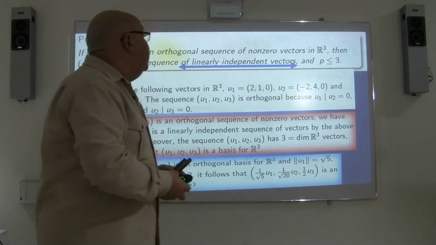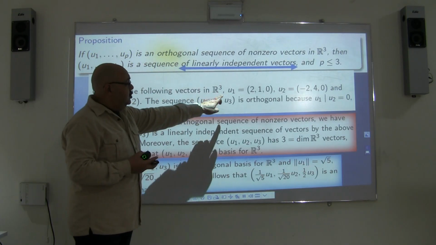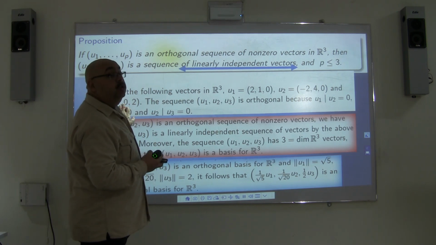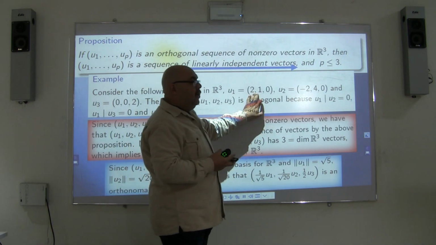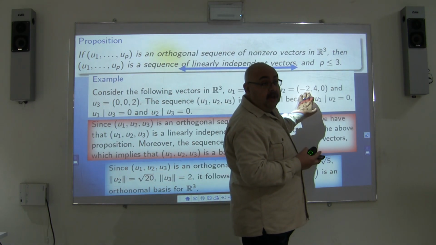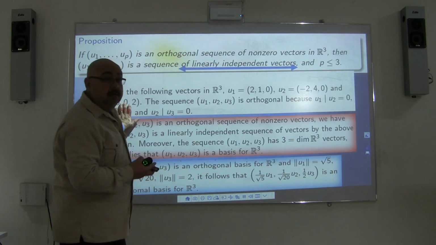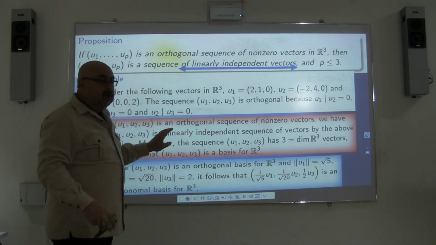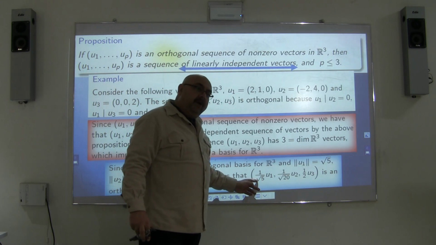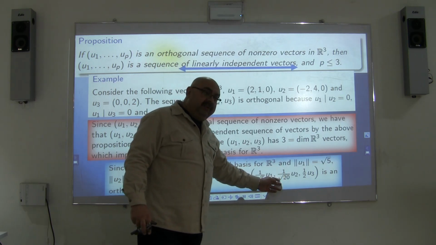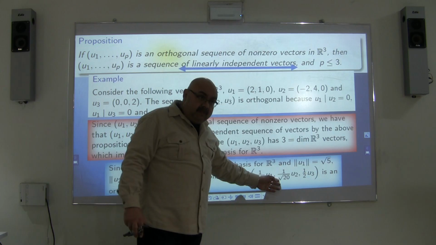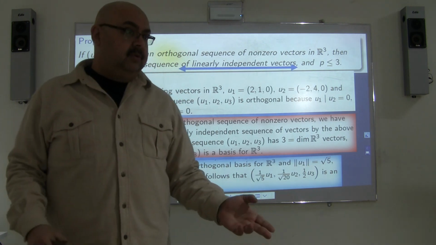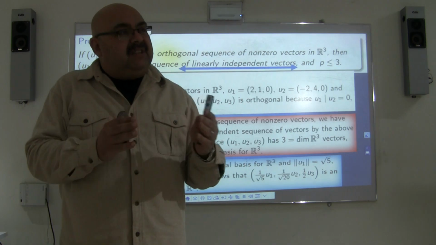So, here for this set of vectors, which are perpendicular to each other, the magnitudes are different. The magnitude of this one is root 5, but the magnitude of this one is root 20, and the magnitude of this one is 2. It will make no difference. I divide each one of them by its magnitude. So the first vector will be divided by root 5. The second vector will be divided by root 20 because it's its magnitude. And the last vector will be divided by 2 because 2 is its magnitude. Okay? This is how to get an orthonormal set of vectors out of